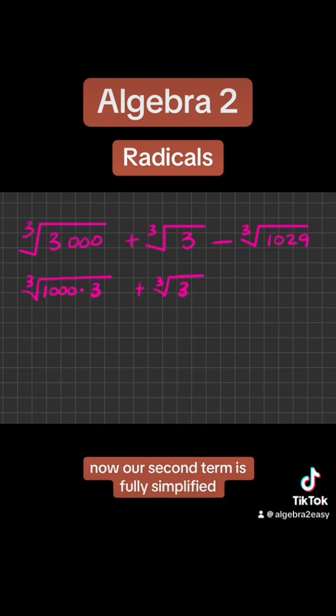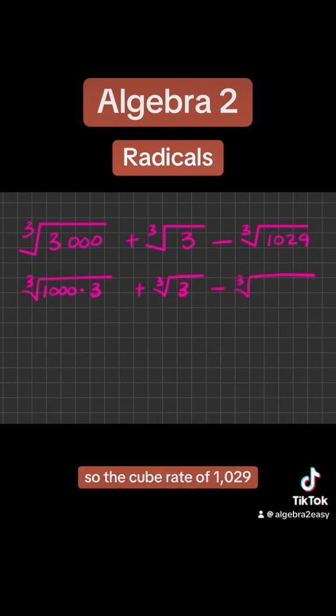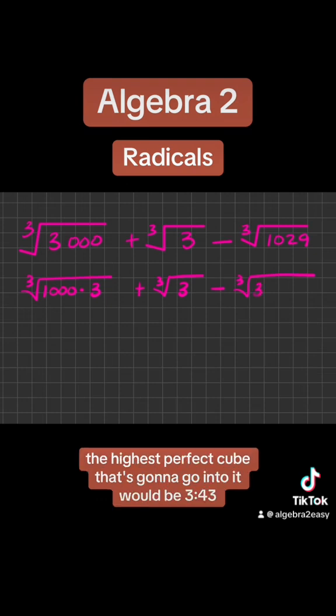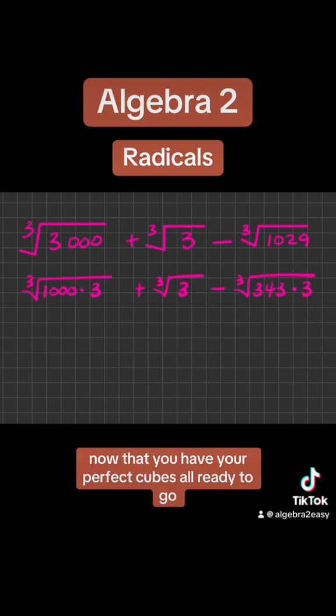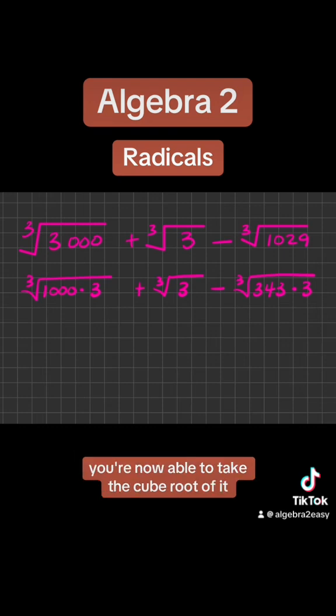Now, our second term is fully simplified, so let's move on to the third term. So the cube root of 1,029. The highest perfect cube that's going to go into it would be 343. And 343 times 3 is 1,029. Now that you have your perfect cubes all ready to go, you're now able to take the cube root of